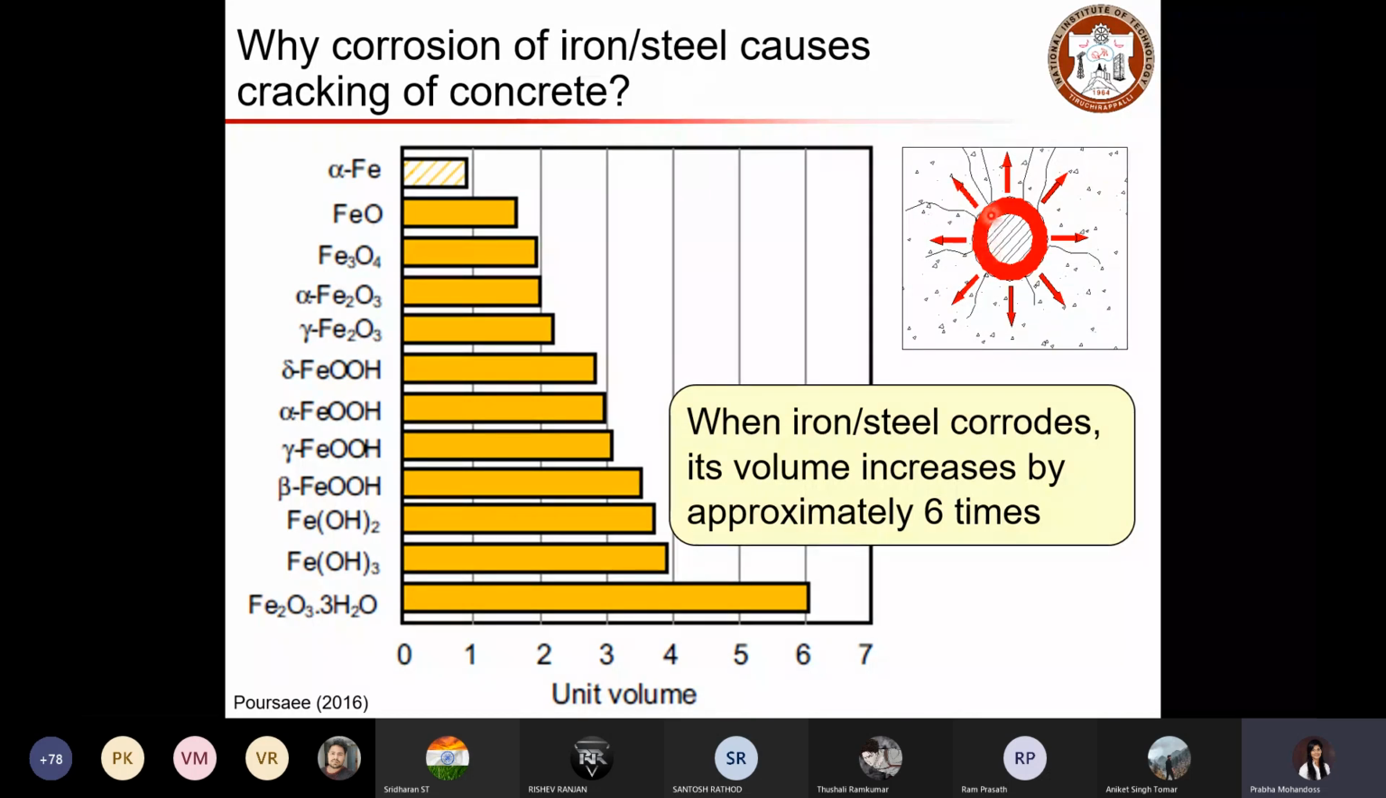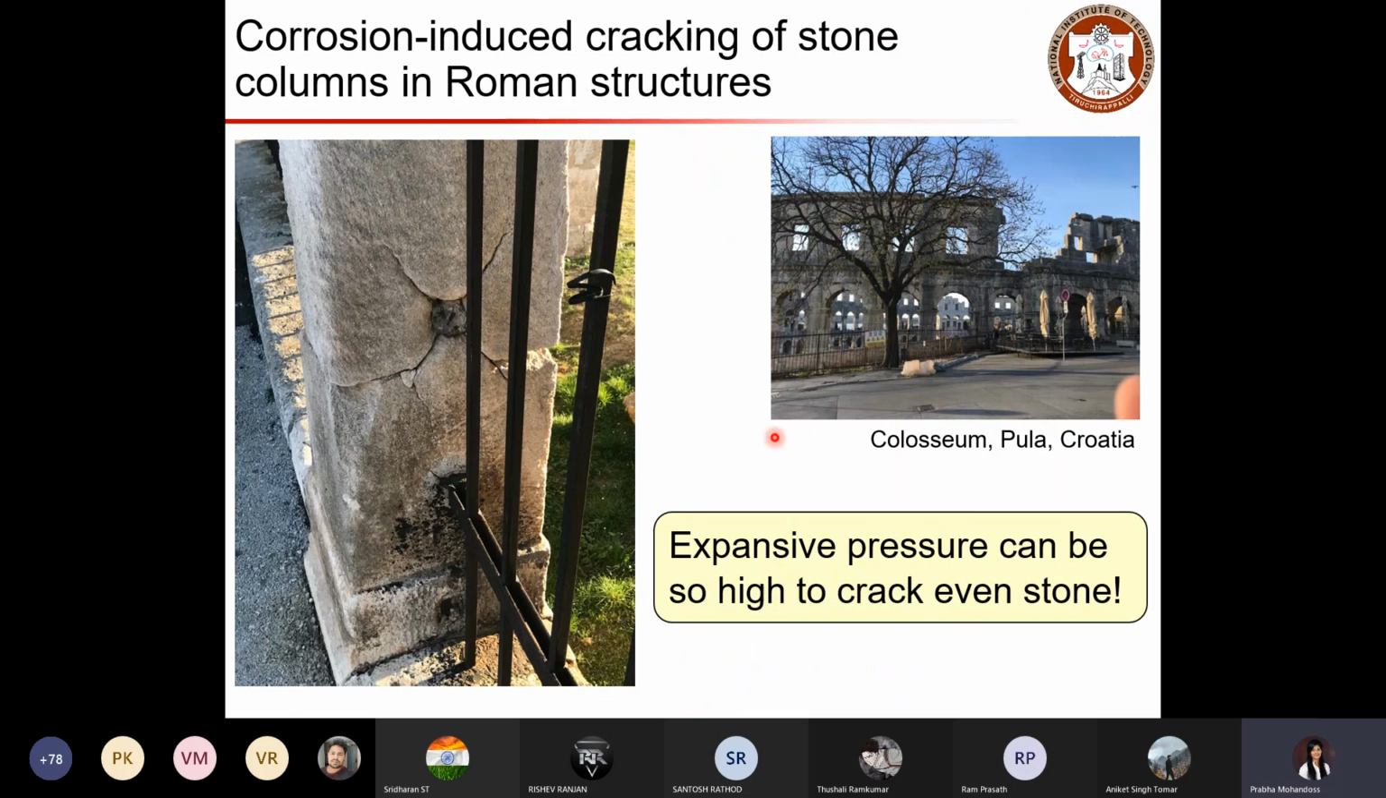As the volume increases, this is inducing an expansive pressure on the surrounding concrete. Since the volume is about 6 times the initial volume, the pressure induced will be significant, which could lead to the formation of cracking. These are some examples where you can see a lot of corrosion cracks. This is for stones. The stone, in general, has